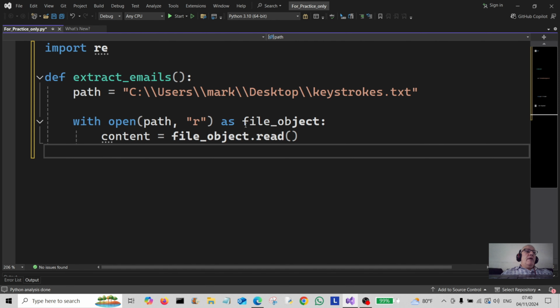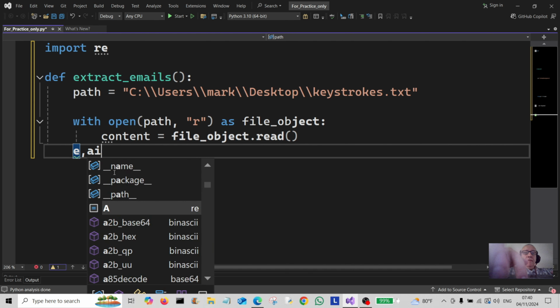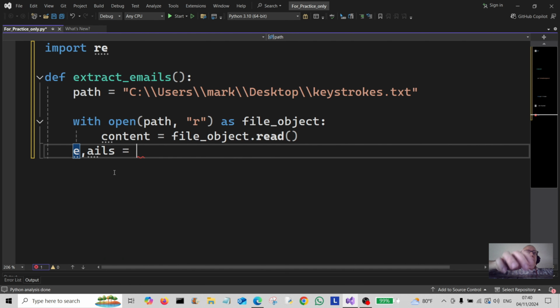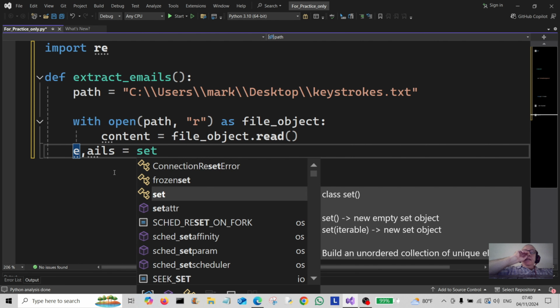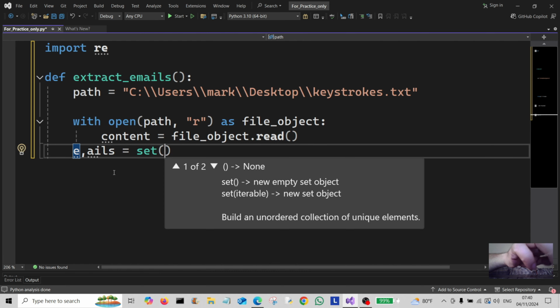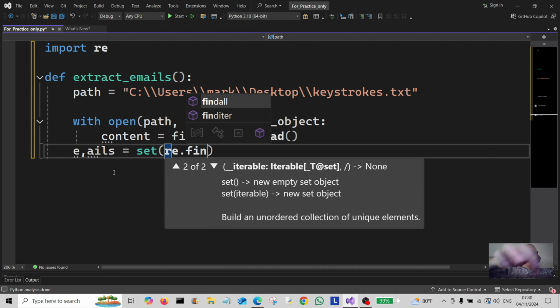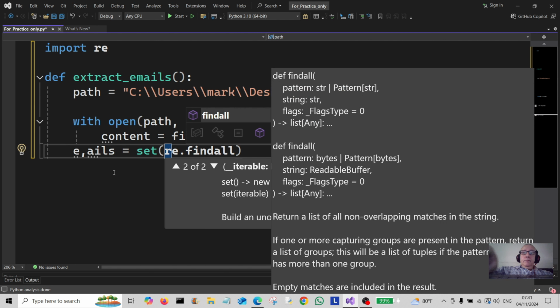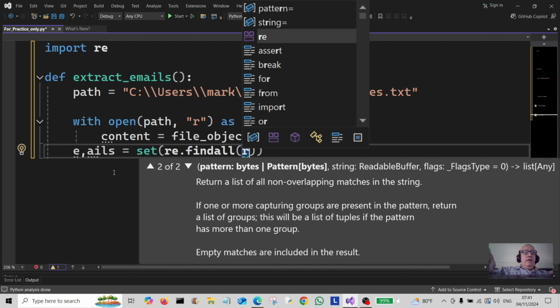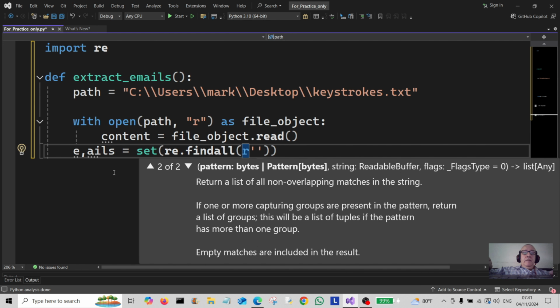Now what we have to do is the regex, so you have to import re here. So I'm going to create a variable called emails and assign that to set, which checks for duplicates, and then we're going to do the regex re.findall. Do a little flag here, r, and then we're going to do capital S,